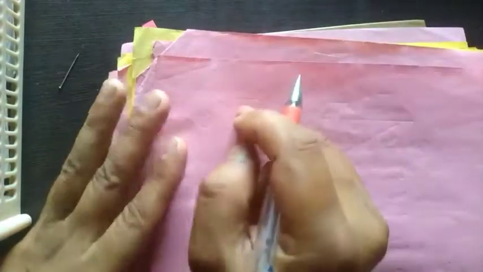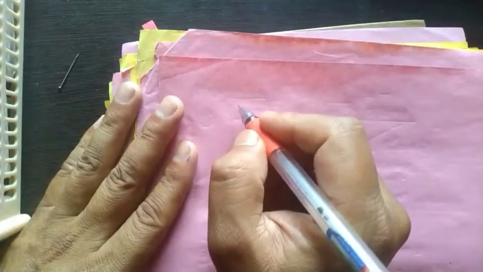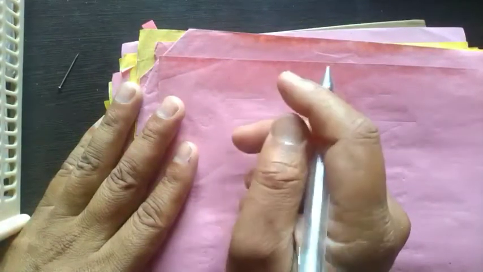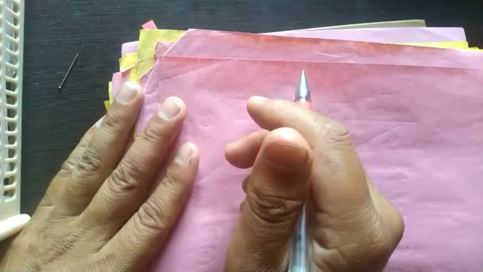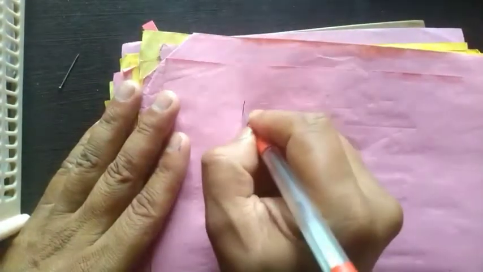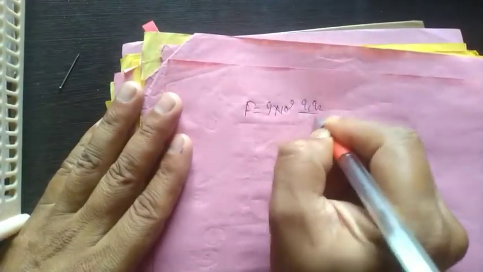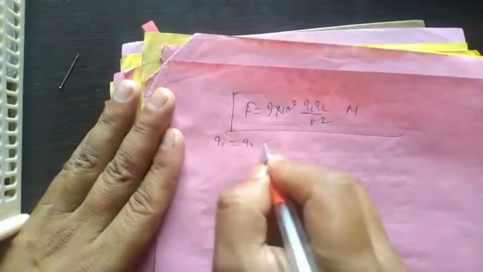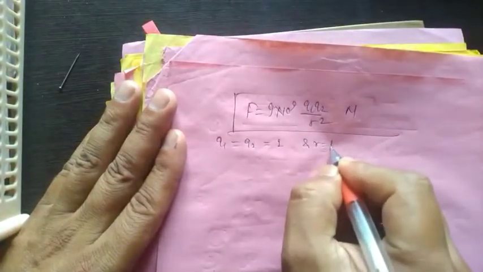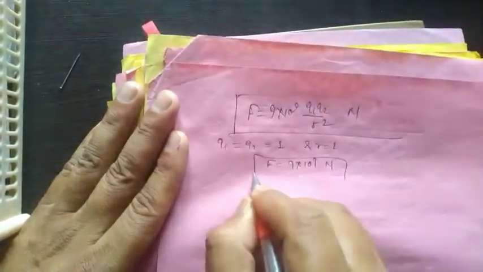Then the electrostatic force between these two charges is directly proportional to the product of the charges and inversely proportional to the square of the distance between them. F equals 9 into 10 the power 9 Q1 Q2 upon r square Newton. If Q1 Q2 equals 1 and r equals 1, then the F value is 9 into 10 the power 9 Newton. And the definition is this: